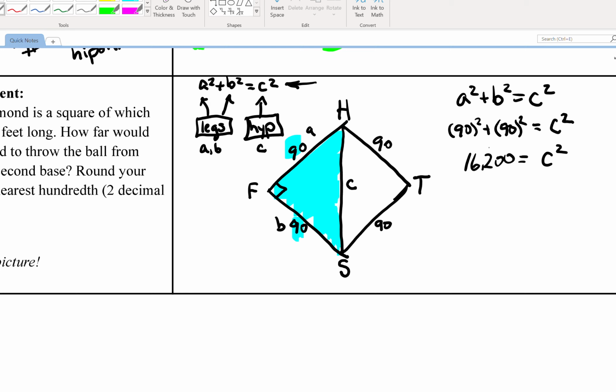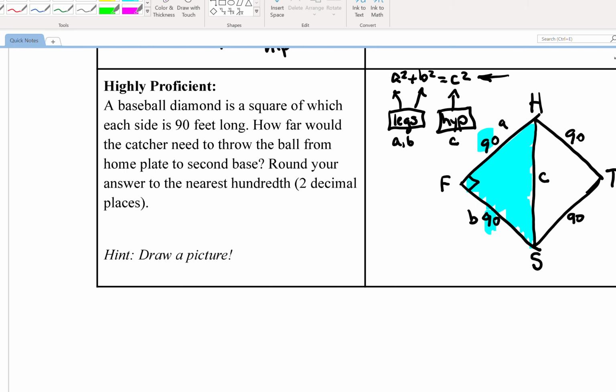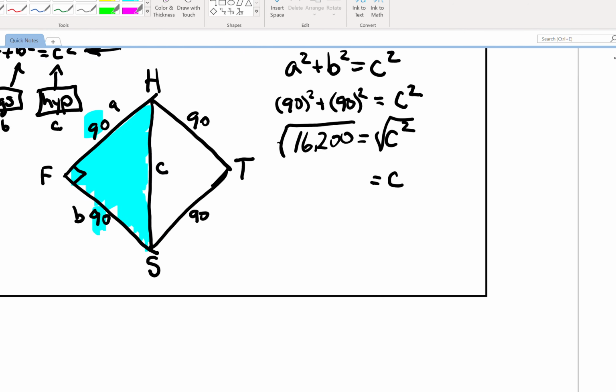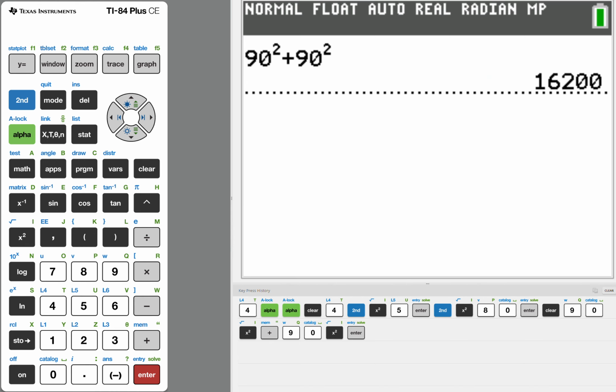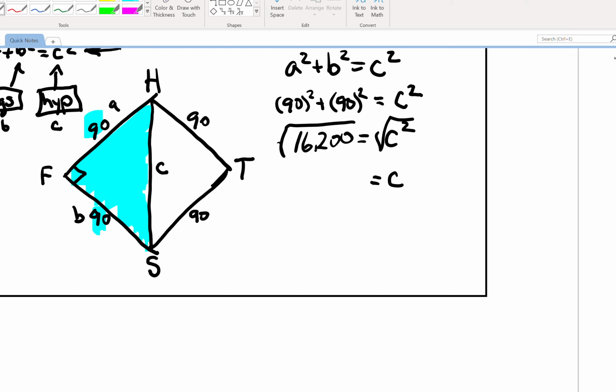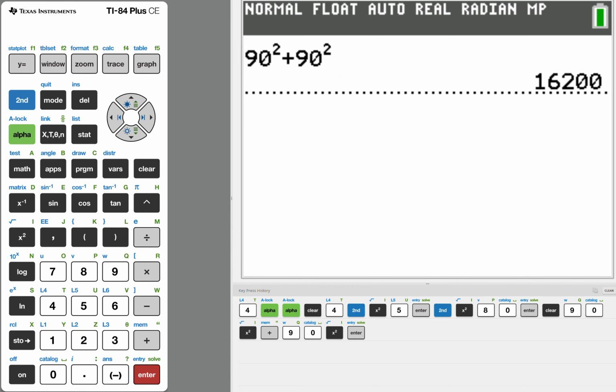If we take the square root of both sides, that will give us what c is. We're told to round your answer to the nearest hundredth, so that's 2 decimal places. The square root of 16,200 is the exact answer, but you could simplify that. So we'll go over here, take the square root, and type in